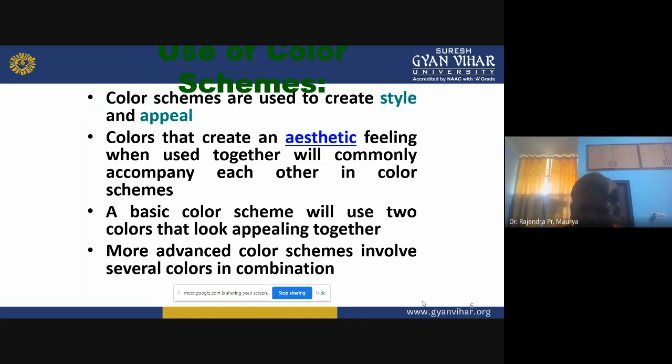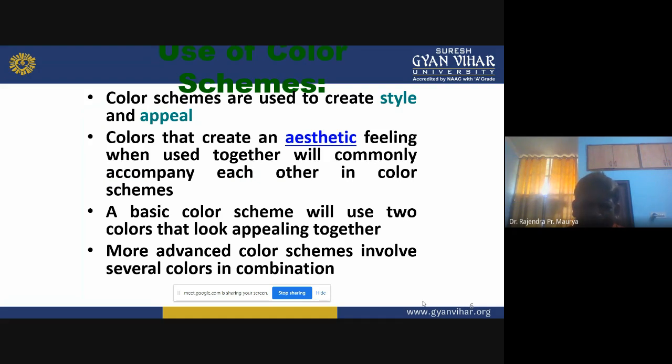For example, green and red, as in hibiscus or roses. When we grow those plants in the garden, the green leaves are the background color and the beautiful red flowers look very attractive against the green background.